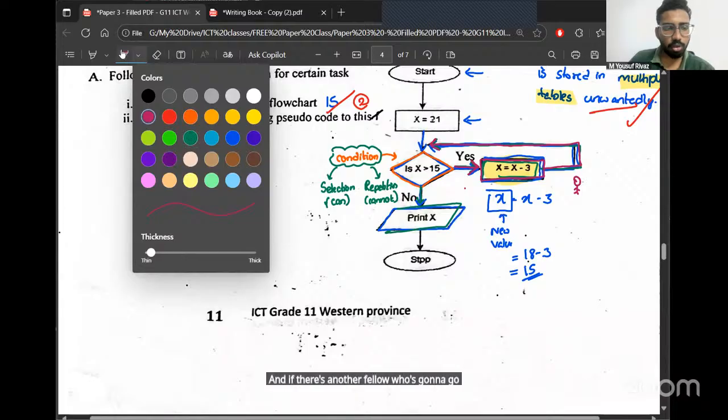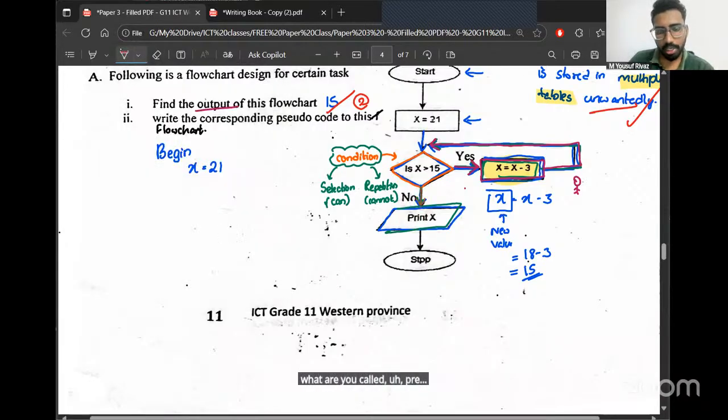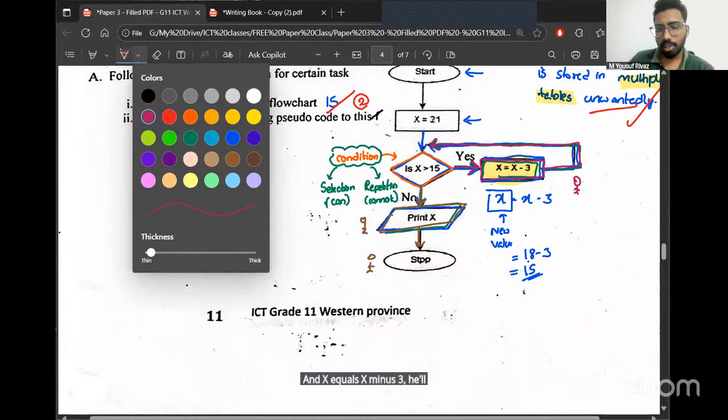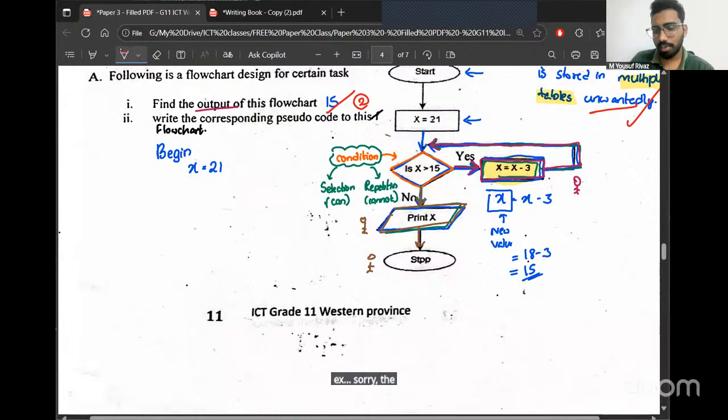Another fellow going in the no direction will go to print x and then stop. These are the 2 places they go.